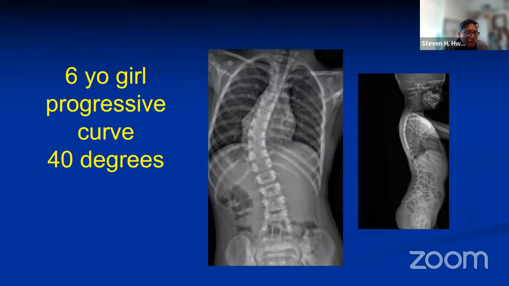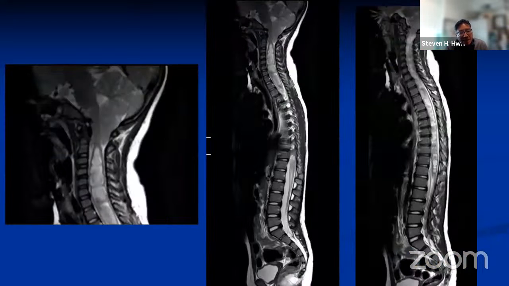This is an example of a 6-year-old child we had with a progressive curve. We were bracing and it kept on getting bigger. And then she was largely asymptomatic, unless, again, you believe the syrinx is a symptom. So this is the sagittal MRI, so your large, fairly hollow cord syrinx going all the way down with,